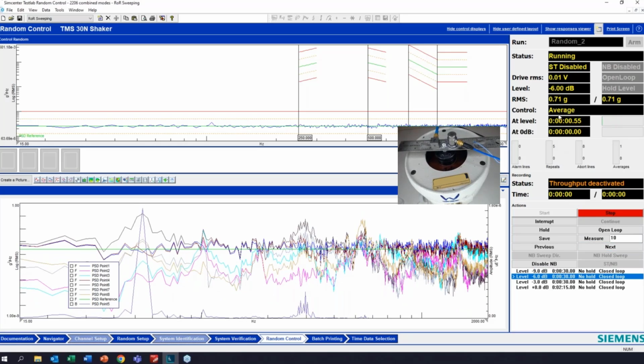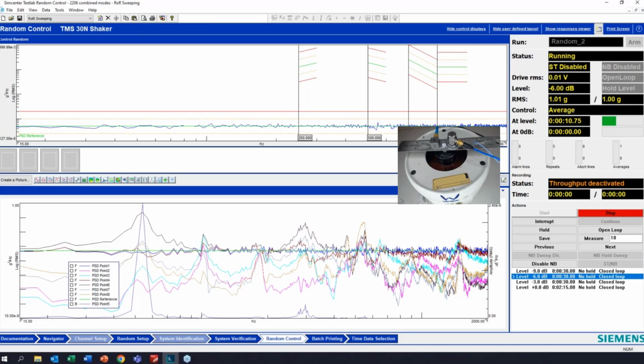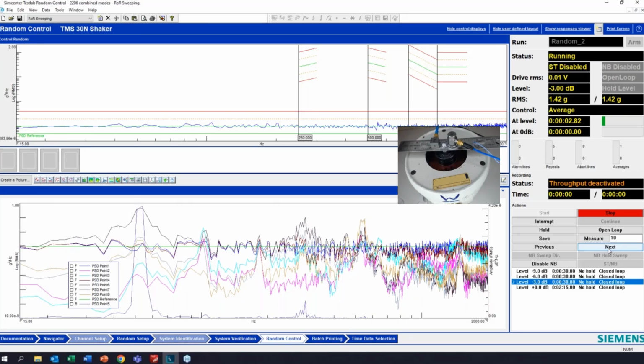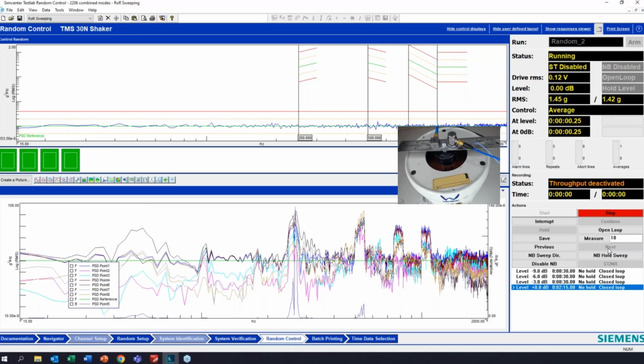I always tend to program a little more time than I need at these lower levels in case I need some extra time for the control loop to equalize if I have highly nonlinear behavior, because I can always hit next and go up in level. It looks good, and our narrow bands, 0 dB.